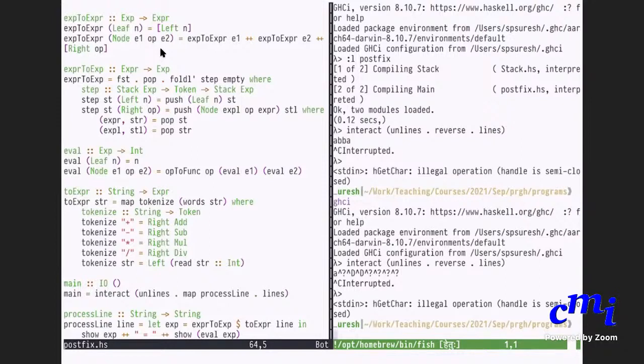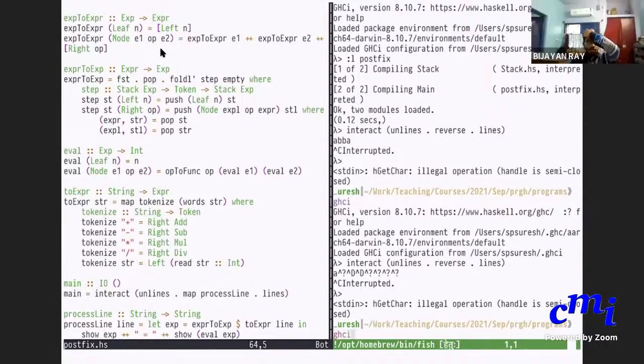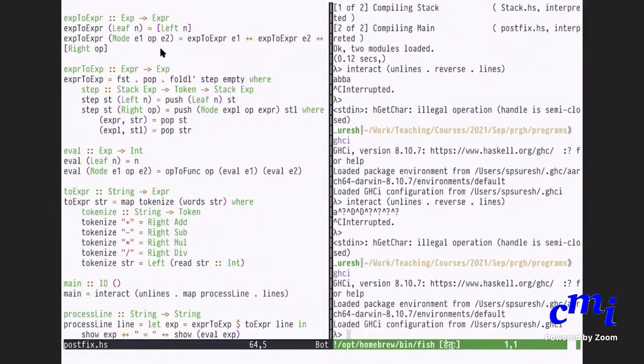Oh, no. I understand the problem. You should say map reverse. Okay. Now let me try it again. See, because the function that you write should apply to each line. Once you've done unlines, you should have a function that applies to every line. If you do a reverse, then I'm trying to reverse the whole of the input, which might not work. So if I say interact, unlines dot map reverse, this means that on every line I will do a reverse.